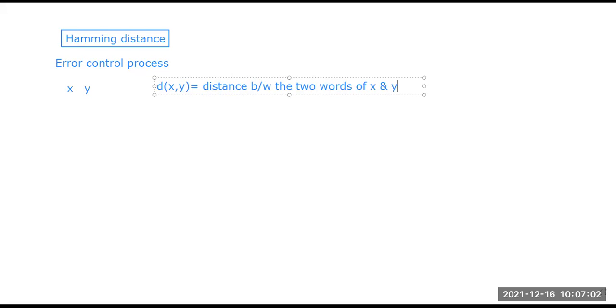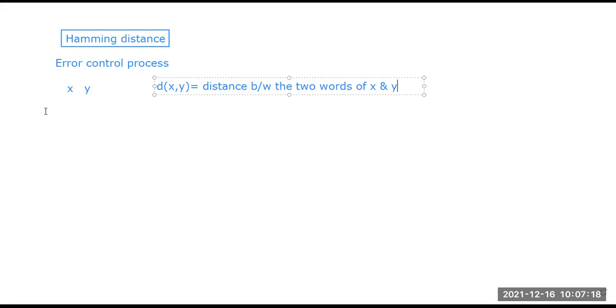How can we calculate this Hamming distance? To calculate the distance, we apply the XOR operation on the two words.